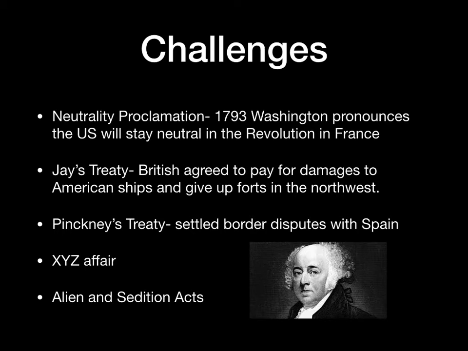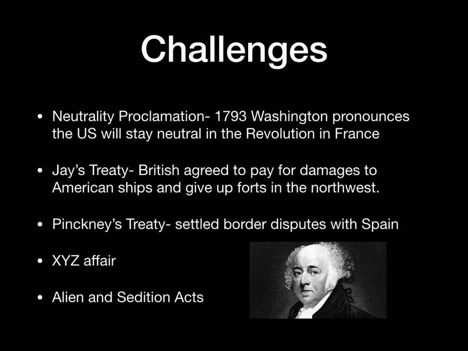But Washington knows that getting entangled in a European war, the United States just wasn't ready to take that on. We didn't have a powerful military. We were still trying to pay off debts. It would mainly have been detrimental to the United States at that time. It could have wiped us out as a nation. One of those countries could have tried to take back control of the United States between England and France. So Washington does the smart thing. He stays out of the fight.